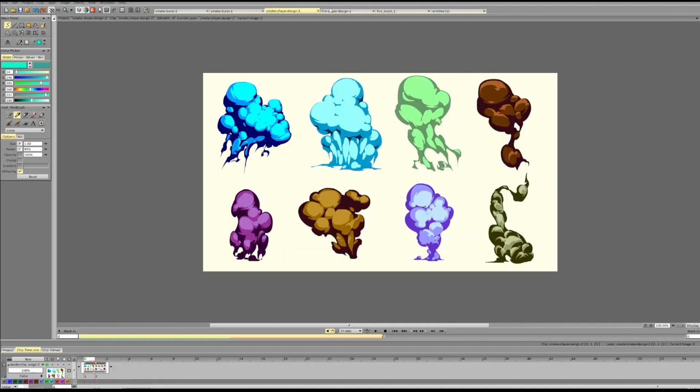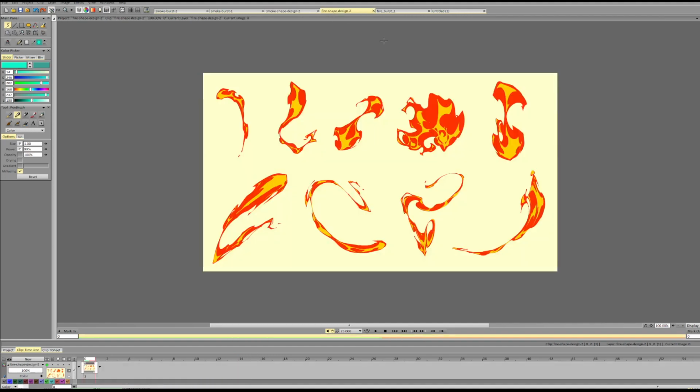So hopefully that helps. Fire designs. I like them. They look quite cool. So generally speaking, I like the way you handle fire. I like the variety. I like the dynamic shapes. So the only thing